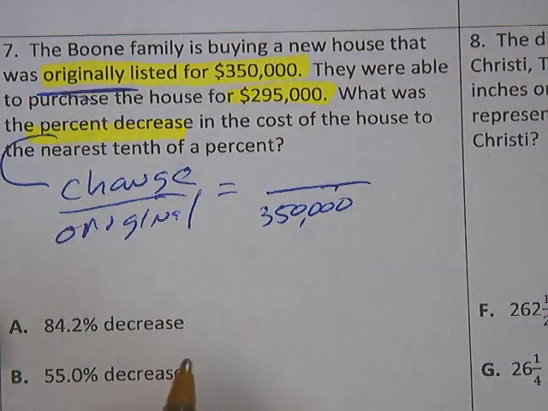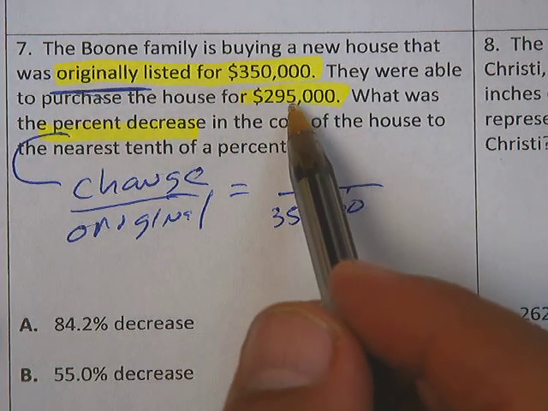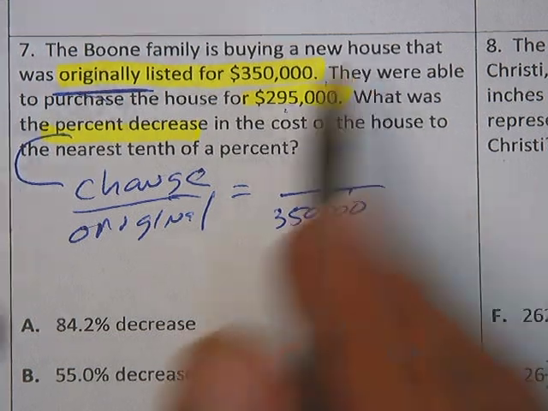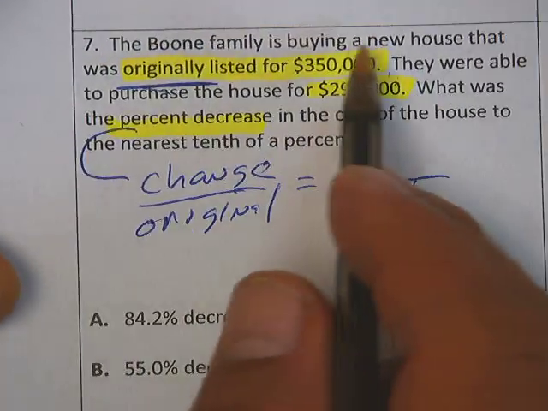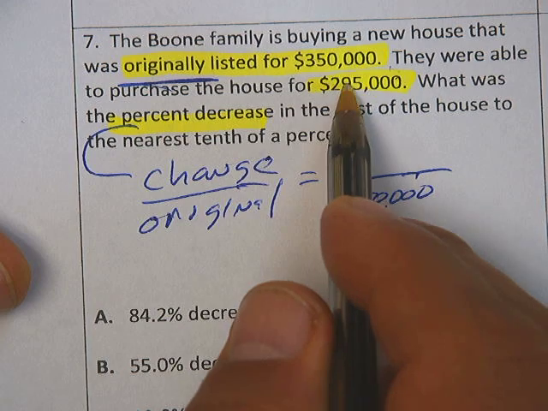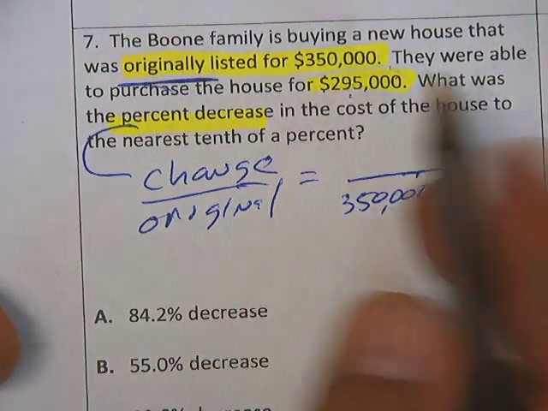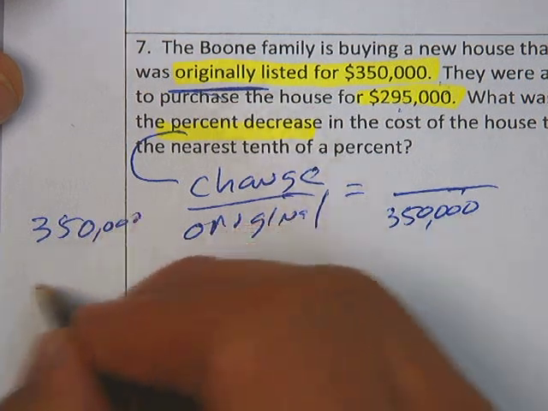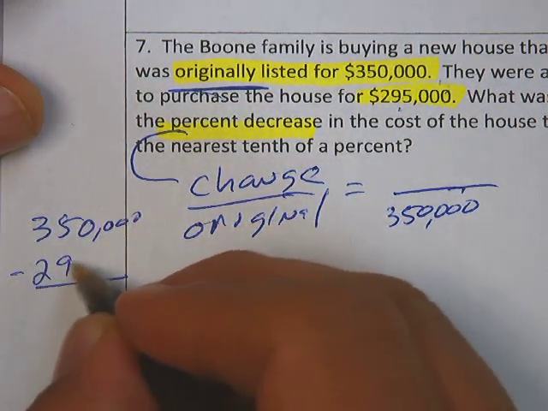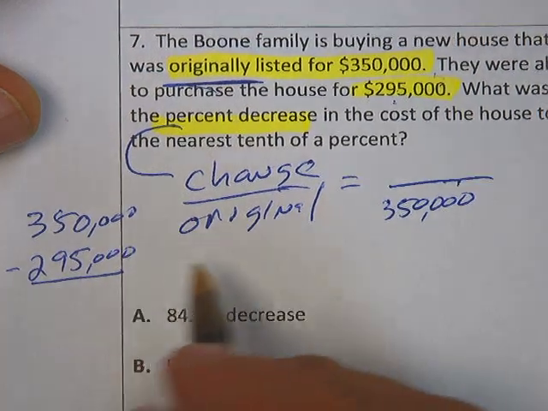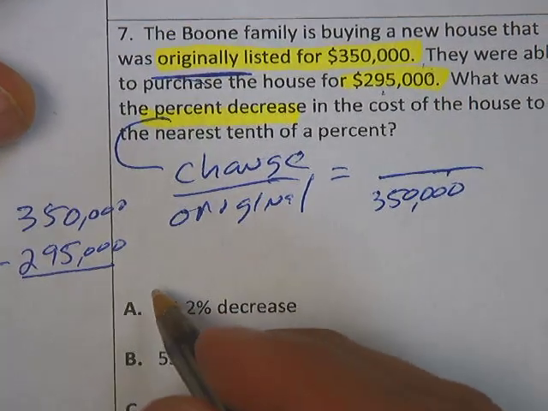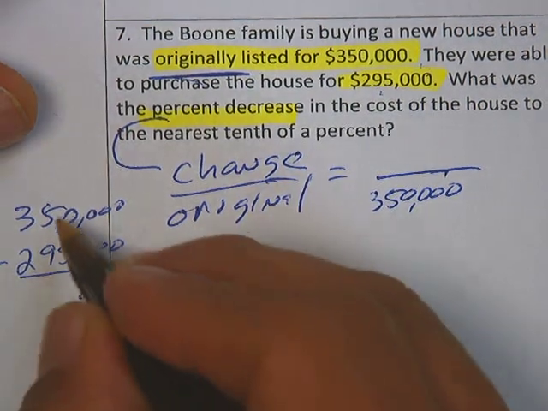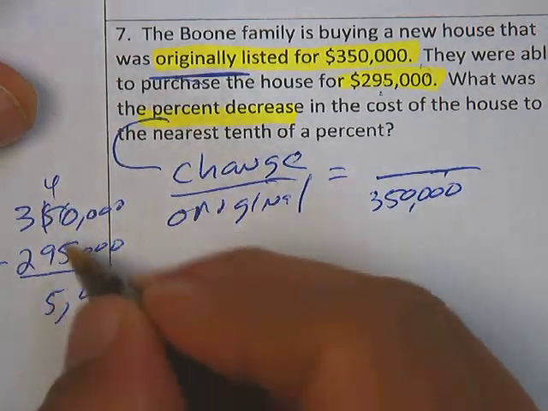And so when I do percent decrease, I know I'm doing change over original. Okay, so think change over original. And so if I'm doing change over original, it even tells you the word, look, originally listed. So that's my original. Originally it was that. Okay, what was the change? Well, the change wasn't that it changed to this. I want to know how much money did it go down. The change is how much money did it go down,